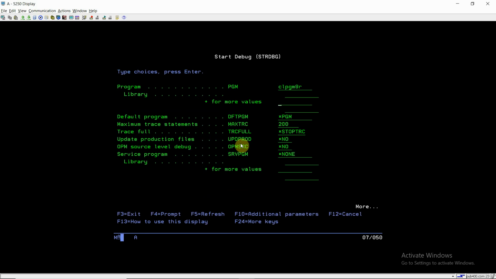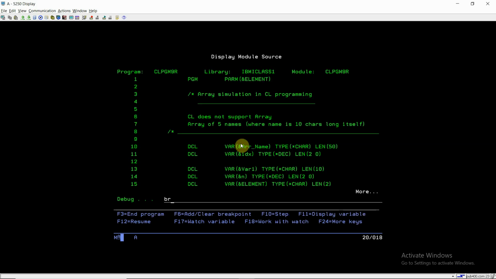CLPGM9R is the program. Set these two parameters as *YES. We will set the breakpoint at line number 1 once the debug view source is displayed in front of us.